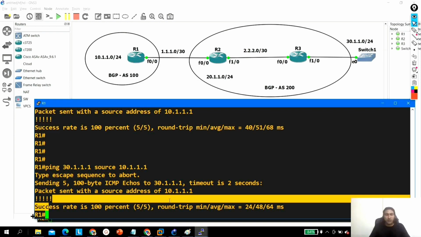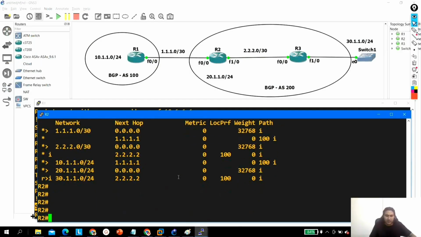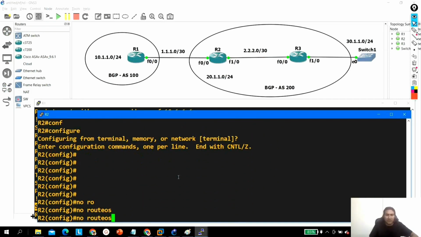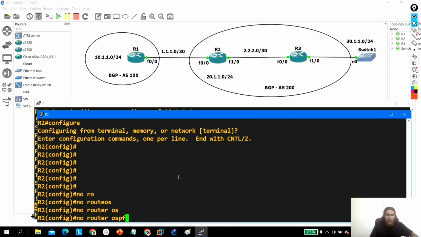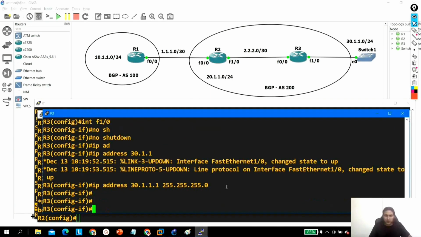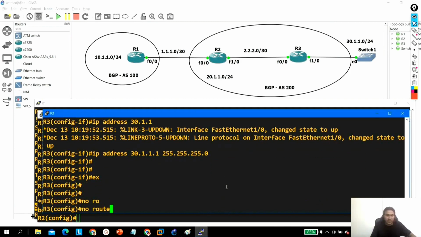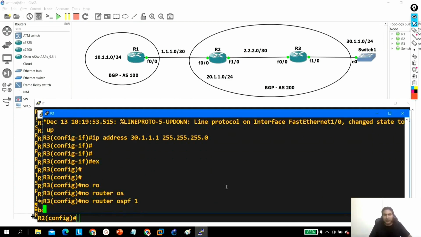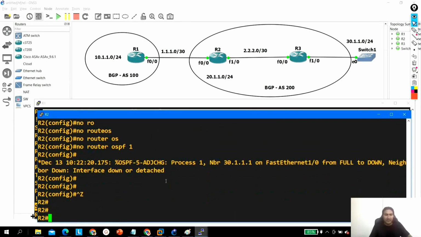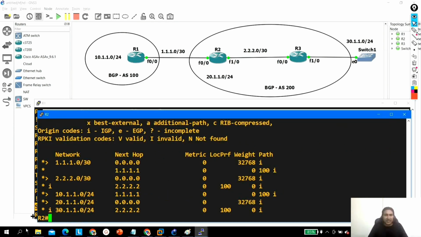BGP synchronization rule is clear to everyone. Or what you can do, you can disable the routing protocol, meaning the IGP protocol. Say no router OSPF 1 here, and on router 3 also. Let me disable it. Let me run no router OSPF process ID 1. Again router 2 will stop using the 30.1.1.0 network. So show IP BGP, here you can see